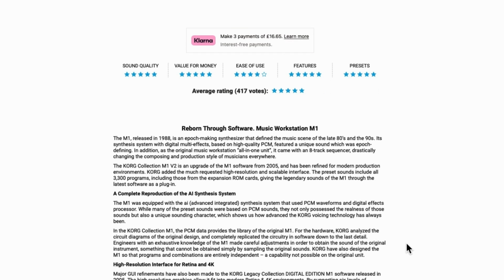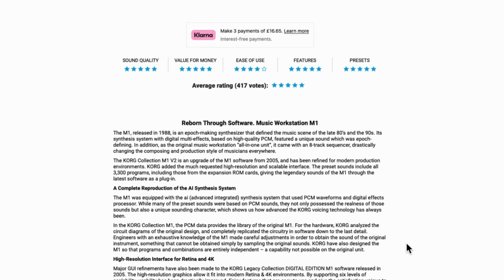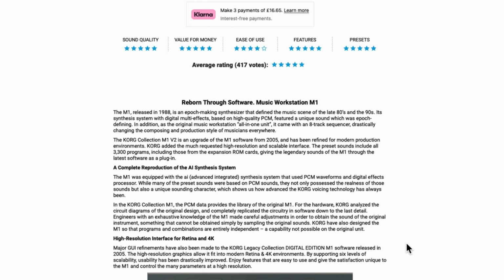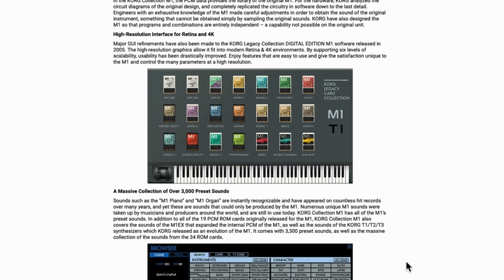The Korg Collection M1 version 2 is an upgrade from 2005 and has been refined, and so they've obviously done the same thing, brought out a high-res version, and the preset sounds include all 3,300 programs, including those from the expansion ROM cards, giving the legendary sounds of the M1 through the latest software as a plugin. So sounds such as the M1 piano and M1 organ are instantly recognizable and have appeared on countless hit records